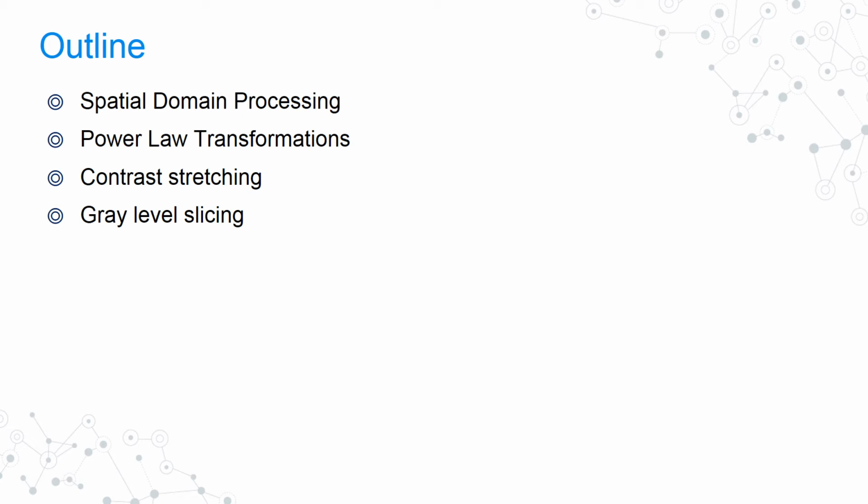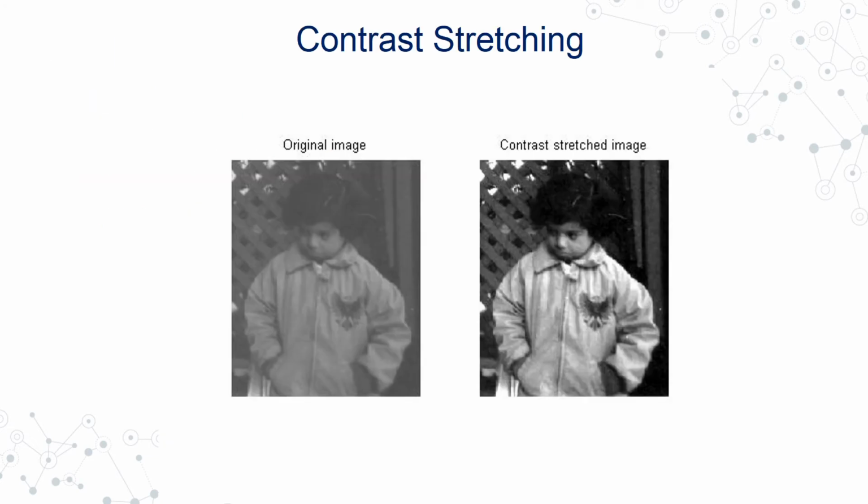Next we would see contrast stretching. I will call an image a good image if there is good contrast, meaning I am able to distinguish the details correctly and my foreground and background are not merged. You can see over here in my input image, the very famous pout image that is available in MATLAB, that there's no contrast in the image and everything looks so dark, so the finer details are not so precisely visible.